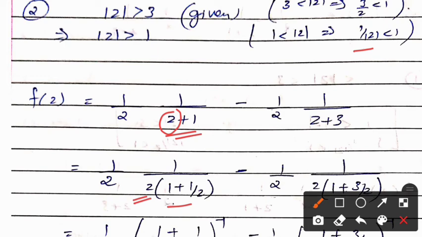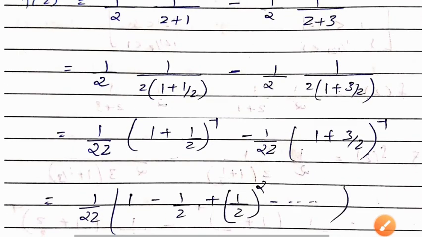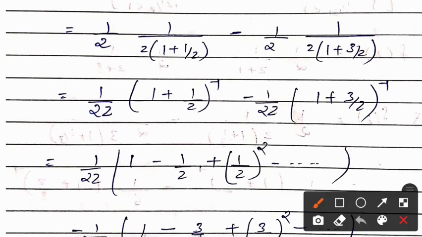In the same way, here I want 3 by z, so I will take z common from this term. I take z common, then I get 1 upon z into 1 plus 3 by z. Again the same procedure: 2 into z will be 2z. This I will take above, so I get the inverse. This also I take in the numerator, I get the inverse. Now we have to create the series.